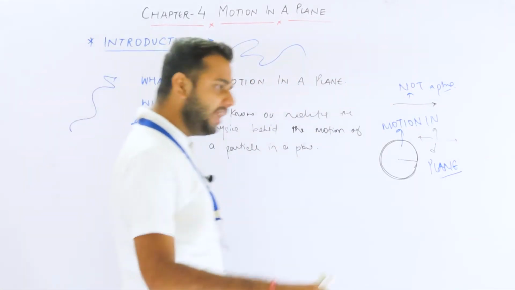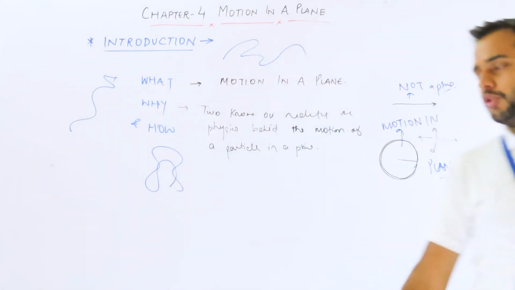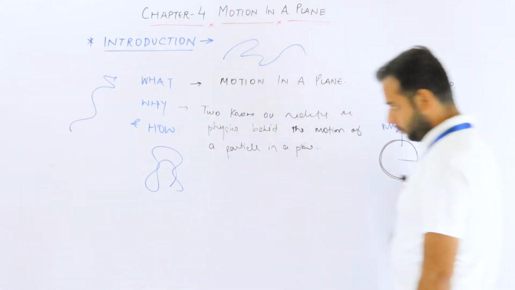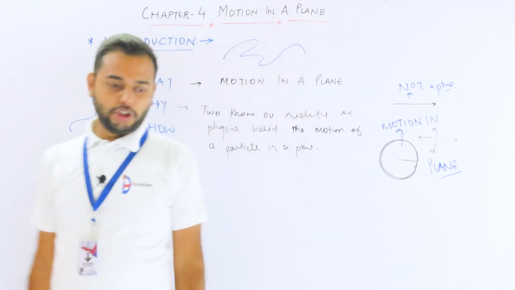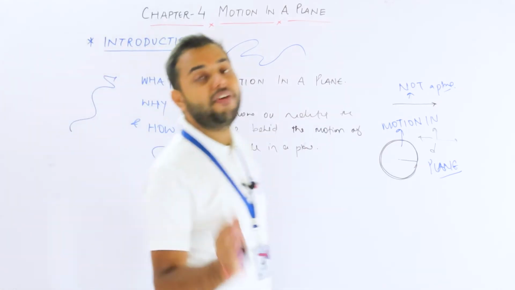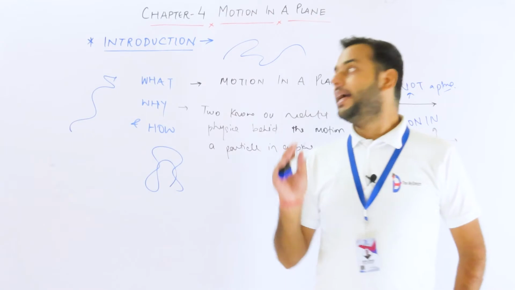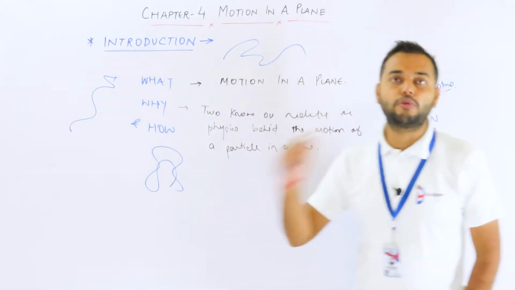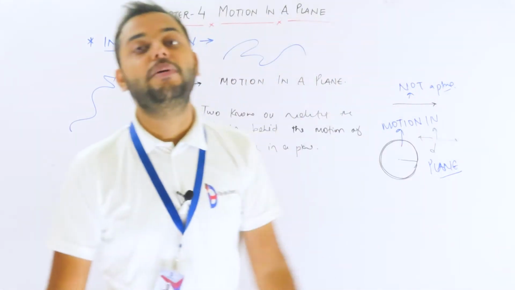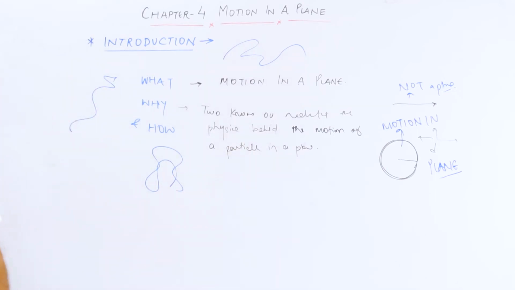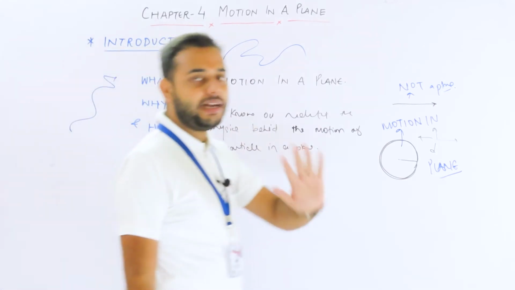I will explain to you in the next class. Probably we will be dealing with projectile motion. There is a topic in this chapter, projectile motion. So what Mr. Neeraj Chopra has done, he used the physics behind that projectile motion to get maximum distance in that throw. Okay, so we will see that.